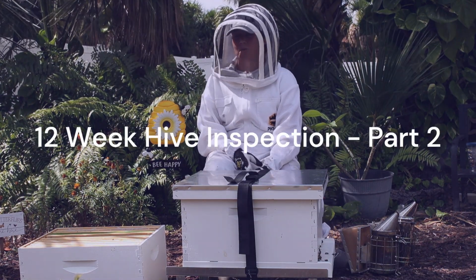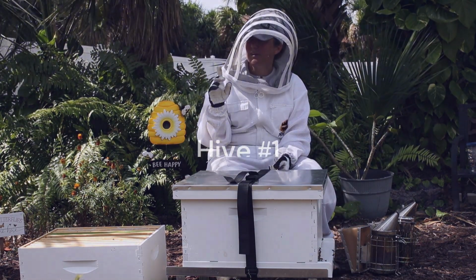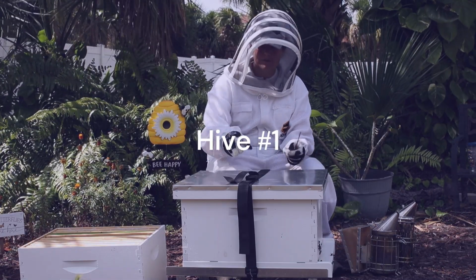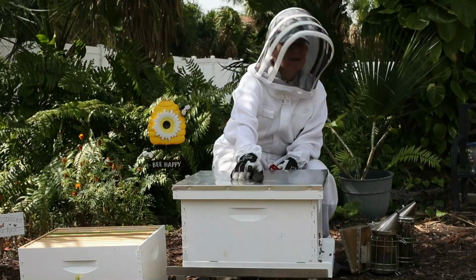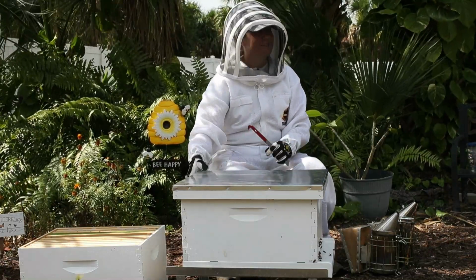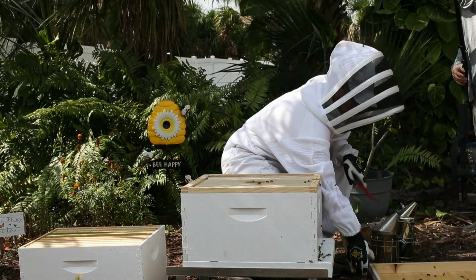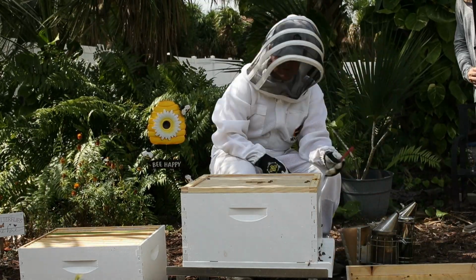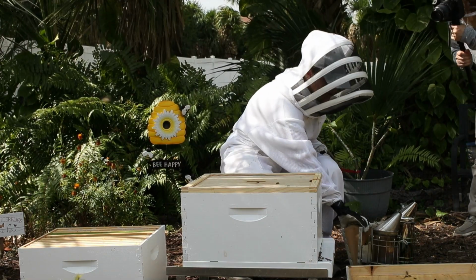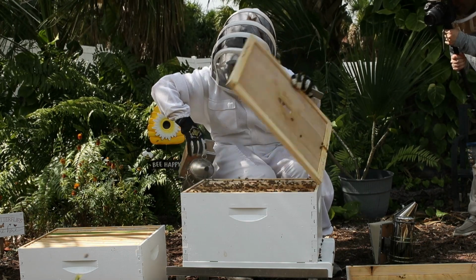Alright, well apparently the camera stopped recording at some point. But we did find the queen and some eggs all in the same frame in the second box. So I missed it the first time. Hive 2 is starting to need its own separate inspection day. It's getting unwieldy, where it's just a lot of effort to deal with that hive. And I just had to go refill the smoker because